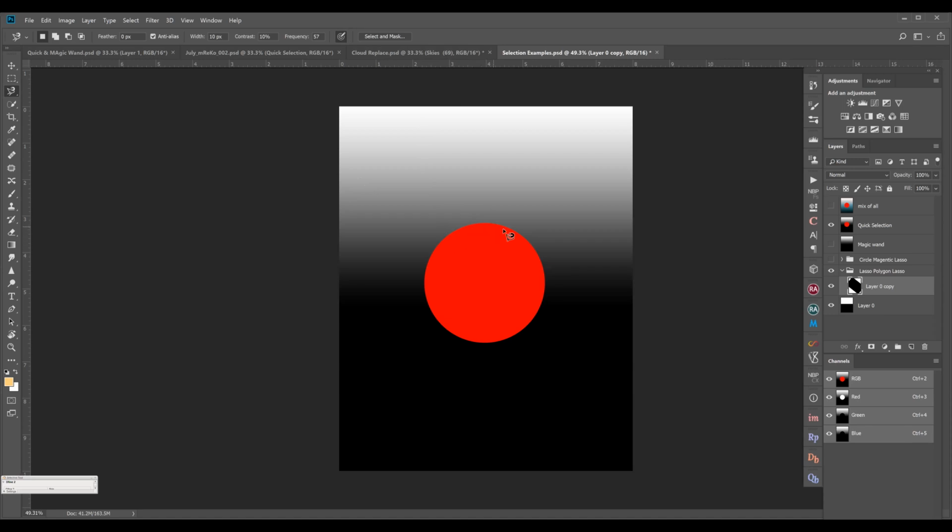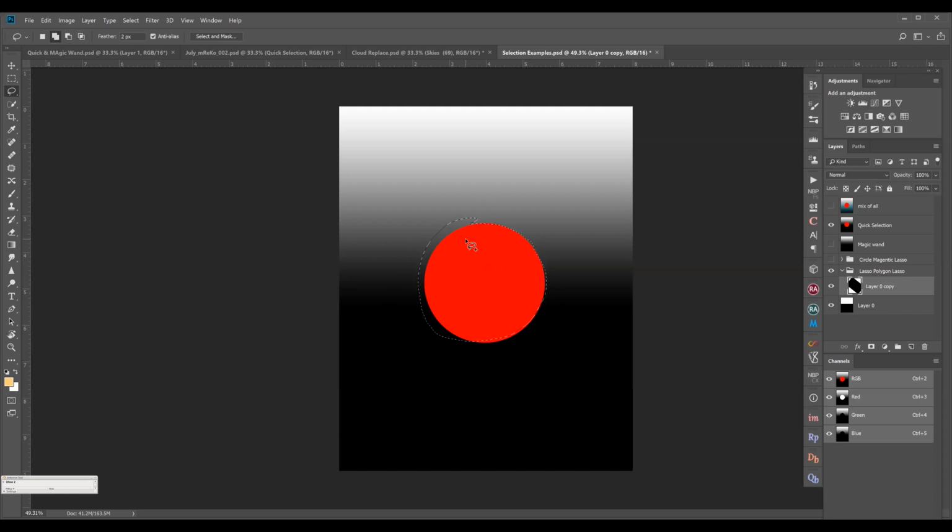For instance, if I have to select this circle using the normal lasso tool or the polygon lasso tool, like the normal lasso tool, I'm selecting like this. I cannot precisely select unless you're using a tablet. You cannot do a precise selection like this, so there will be certain areas which are not selected.